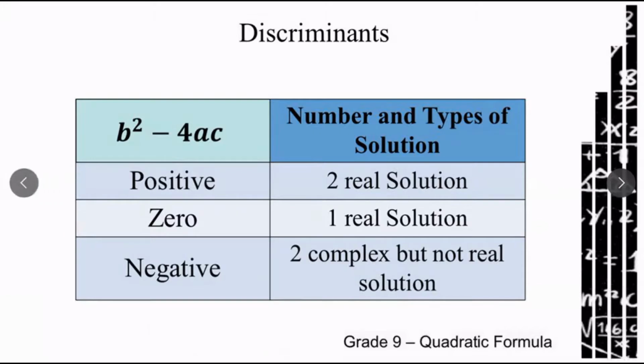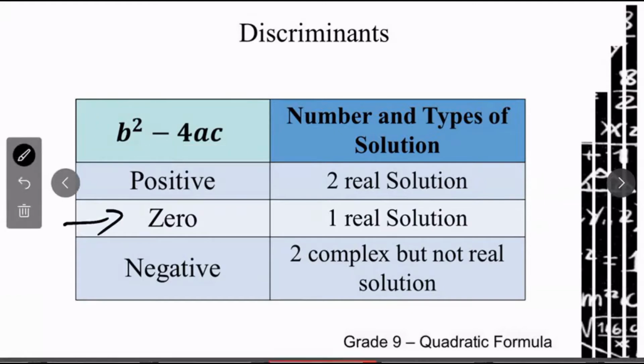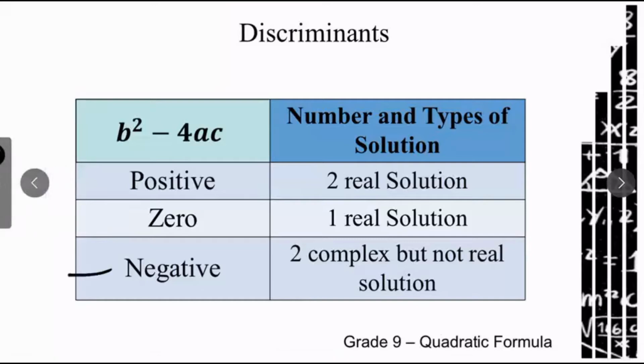Next, if our answer in b squared minus 4ac is 0, automatically the number of roots is one real solution. So we only have one answer in our quadratic equation after identifying the roots. And of course, if we are given a negative value of discriminant, automatically we have two complex but not real solutions, or two imaginary